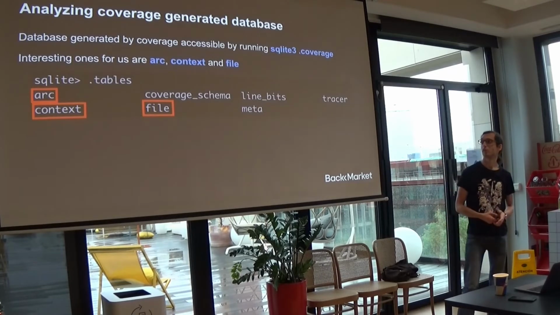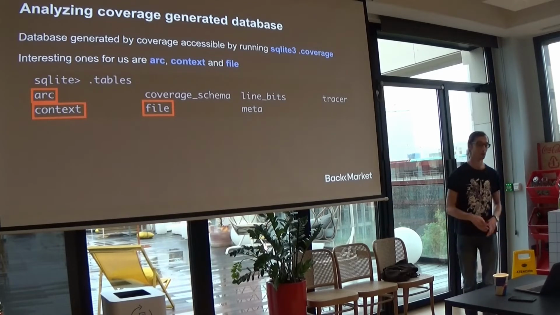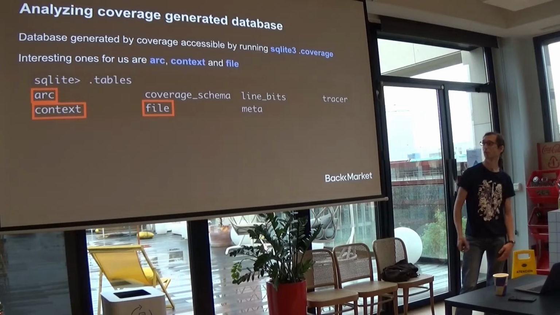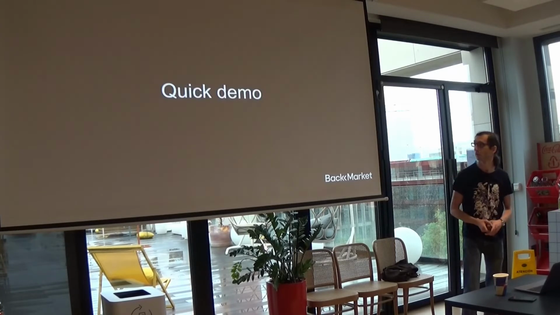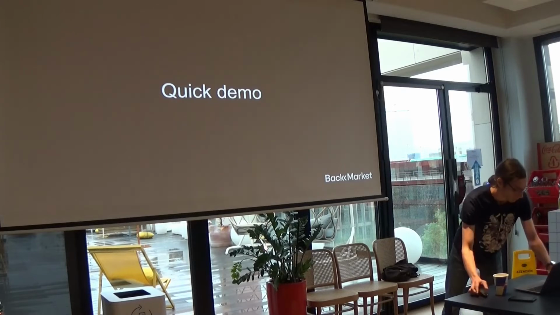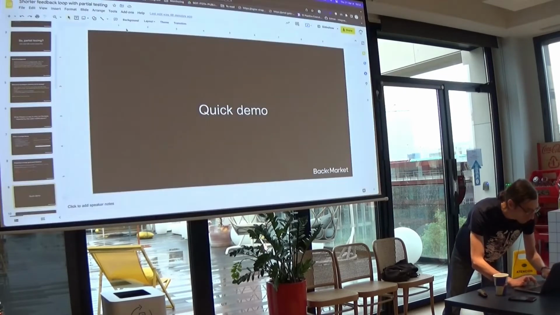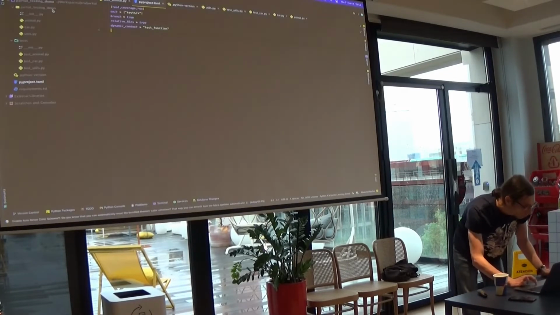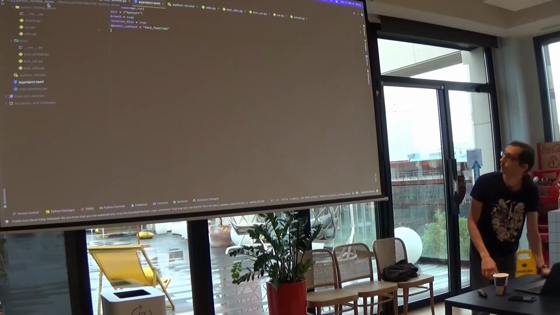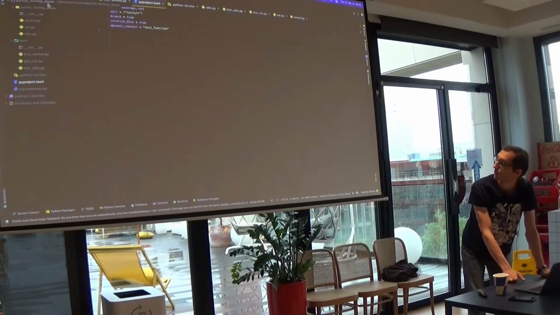So if we analyze the tables that are generated by the coverage SQLite database, we have 7 tables, but the most important ones for us are the arc, context, and file tables. So I will show you what those tables are about by doing a little demo. So here I have a project that is set up and that,